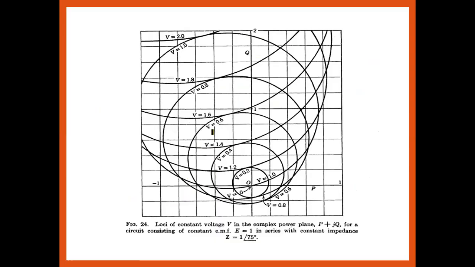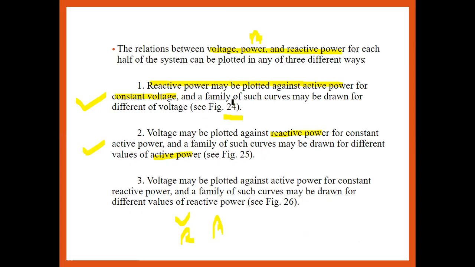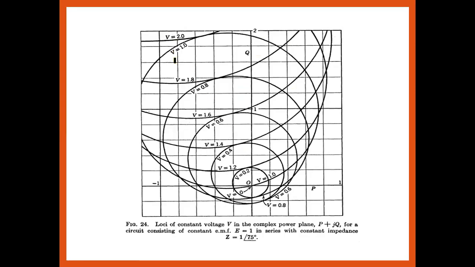Number one, for the different values of voltage, we are finding, for the constant voltage, reactive power can be drawn against the active power. This is the different values of voltage, and this is the Q parameter, and this is the P parameter. On the x-axis we have taken the active power, and on the y-axis the reactive power. Okay, for the different values of voltage, we are able to draw